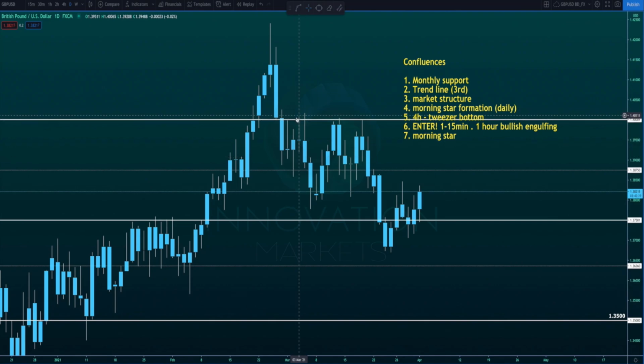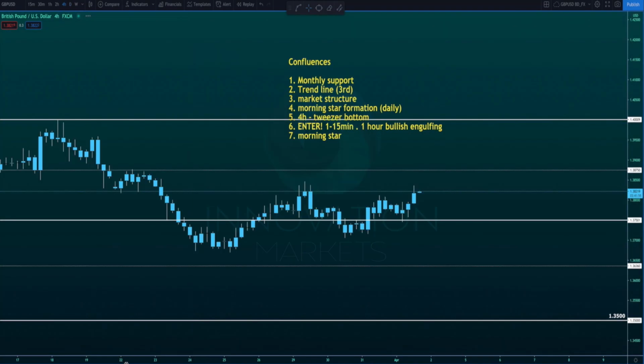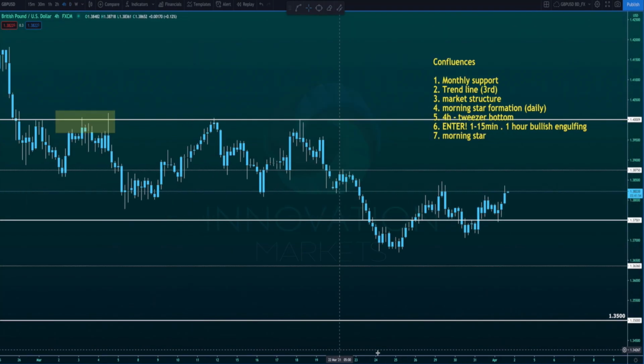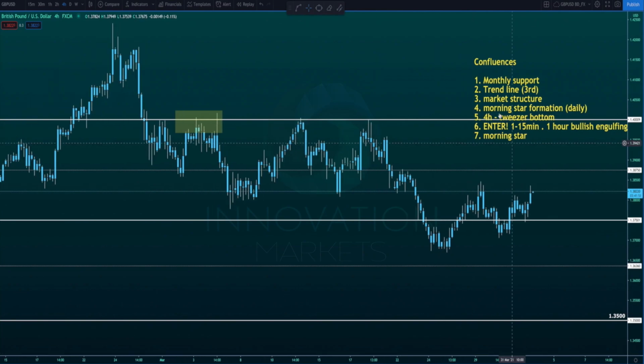So what would we want to do? Now you can see here, we can see these 2 big wicks, a tweezer top formation almost. You can see this wick and this wick. Now we want to drop down to the lower time frame on the 4 hour and see what confluences we can start building. We want to see confluences on the monthly support or resistance. We want to see if there's a trend line support or resistance, and then we want to see market structure, and then we want to start looking at